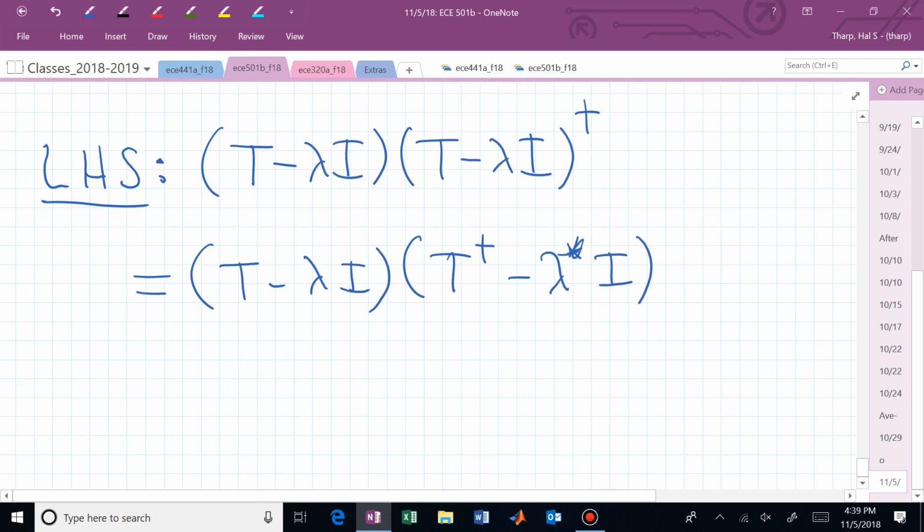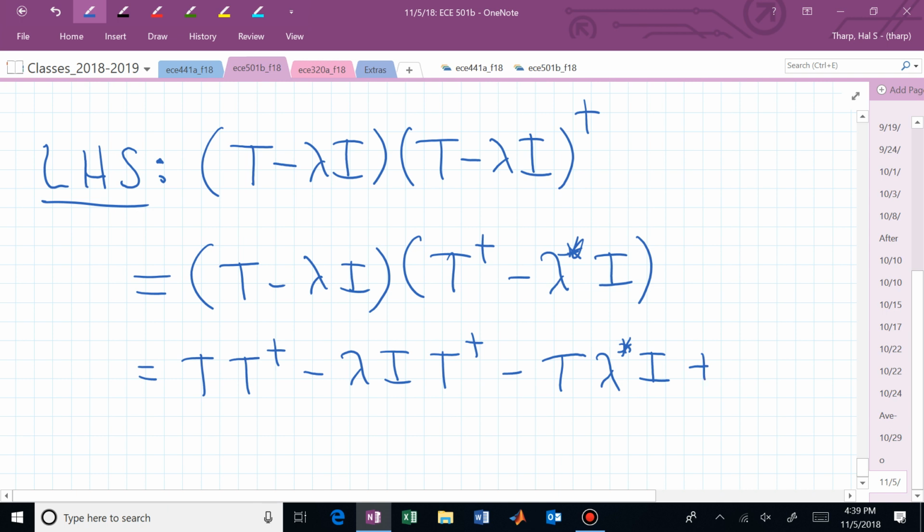So now I can multiply that out. I now have t times t dagger, and which way did I want to do it? Minus, let's say, lambda I t dagger. So now I'm distributing the first through on the individual pieces on the right, minus lambda, well, let me just preserve the order, t lambda star I